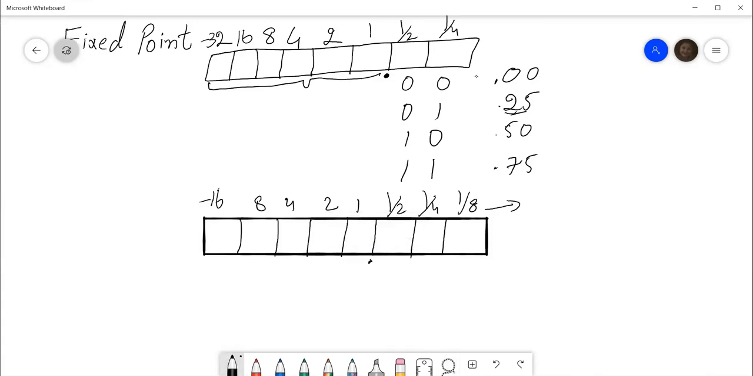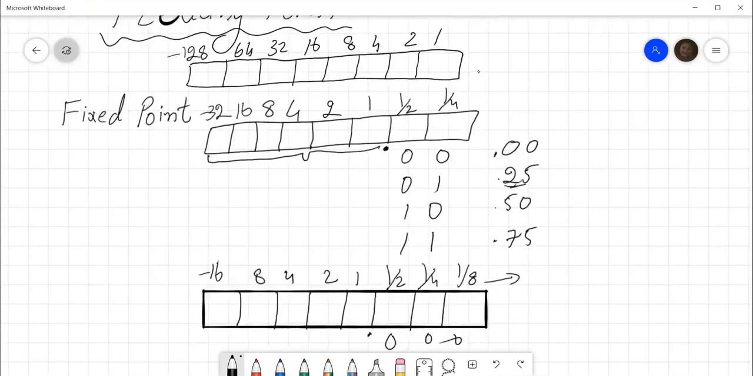Okay, now we have more combinations. You can understand 000, 001, 010, and then 011 and so on. So we'll have more decimal places available to actually represent decimal numbers. Now let's come back to this and